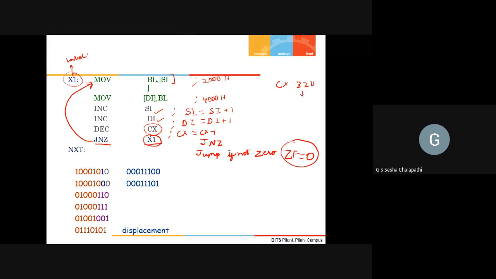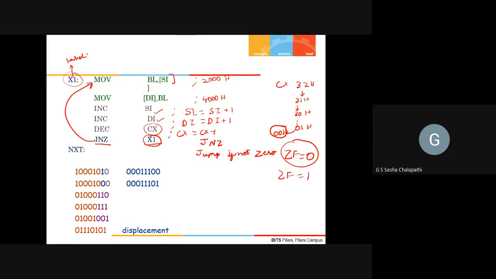One decrement and it becomes 31H, a second decrement and it becomes 30H, and so on. When it was 01H, it becomes 00H. When it becomes 00H, meaning you have copied 50 bytes, the zero flag will be set.